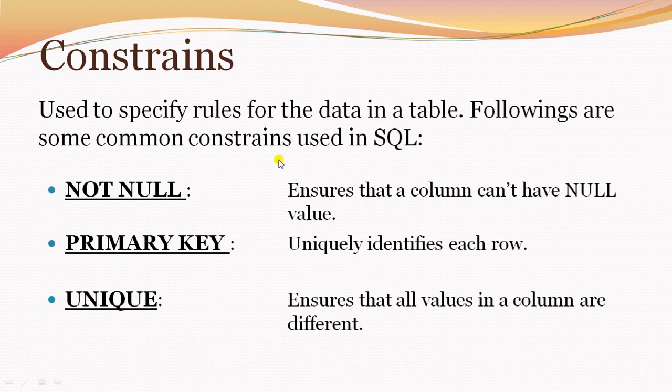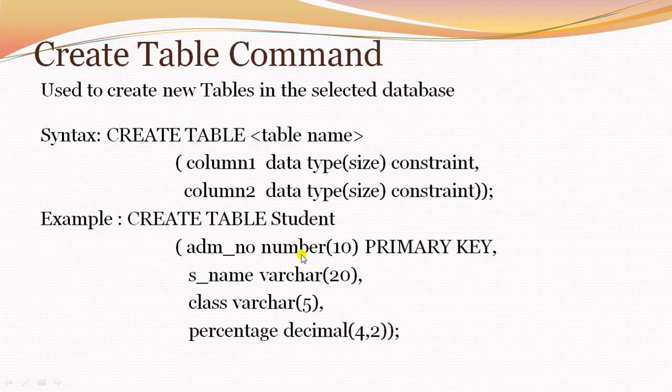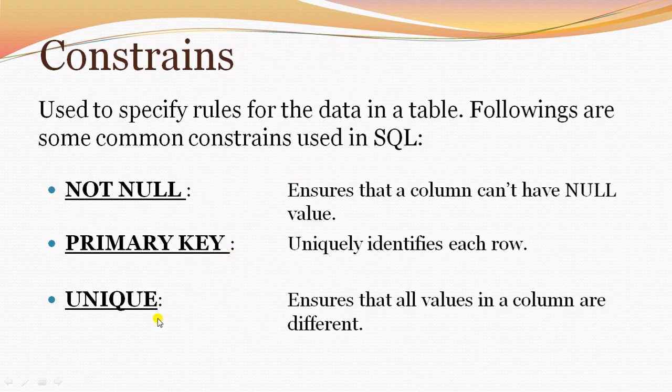In the same way, the primary key will uniquely identify each row. Whatever you make the primary key, as in the previous example where I made admission number the primary key, it will be used to uniquely identify each row. Now the unique key ensures that all values in a column are different. It's just like a primary key, where every value should be different from one another. In such a way it is also capable of becoming a candidate key. You remember in the previous video we talked about primary key and candidate key. The keys which have the eligibility to become a primary key are called candidate keys.